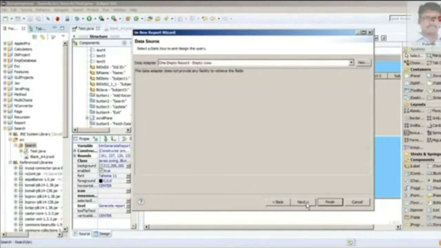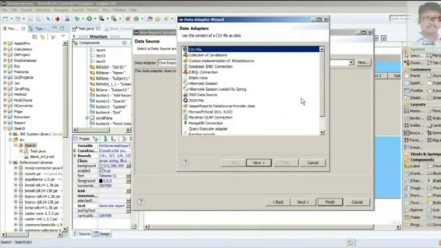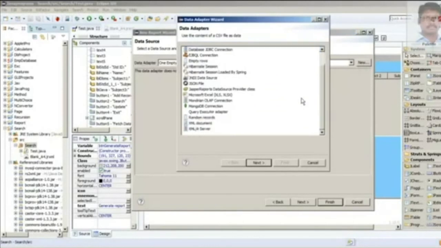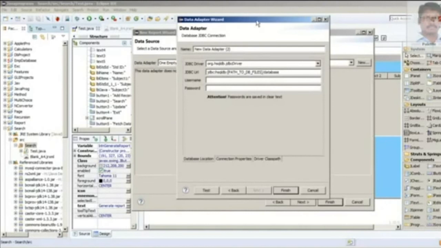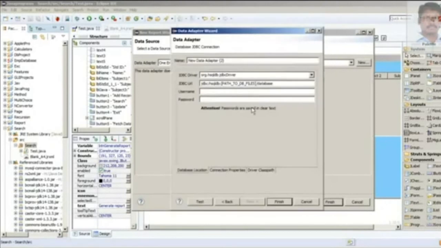And here is the most important part. This is about where the data source is coming from and how you are going to connect your SQL. So click new. Under new, select database JDBC connection and click next. When you click next, another screen appears, and here by default there will be some name, like new data adapter. You can give any name here. Maybe let me put